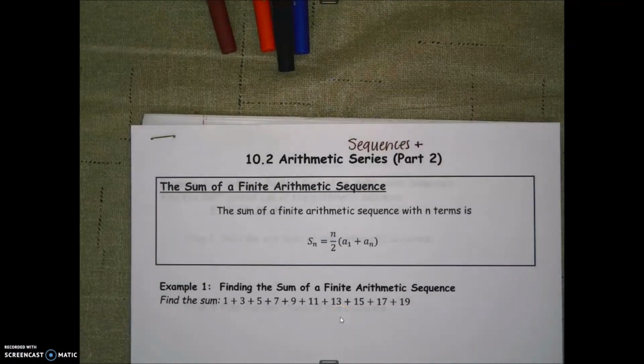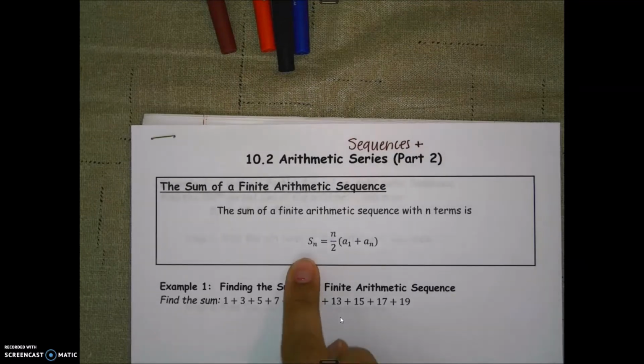We are back with the second part of 10.2, arithmetic sequences and series. The first video talked about sequences. Now we're going to take a look at series. So first we define a series by looking at the sum of finite terms in an arithmetic sequence with n terms,